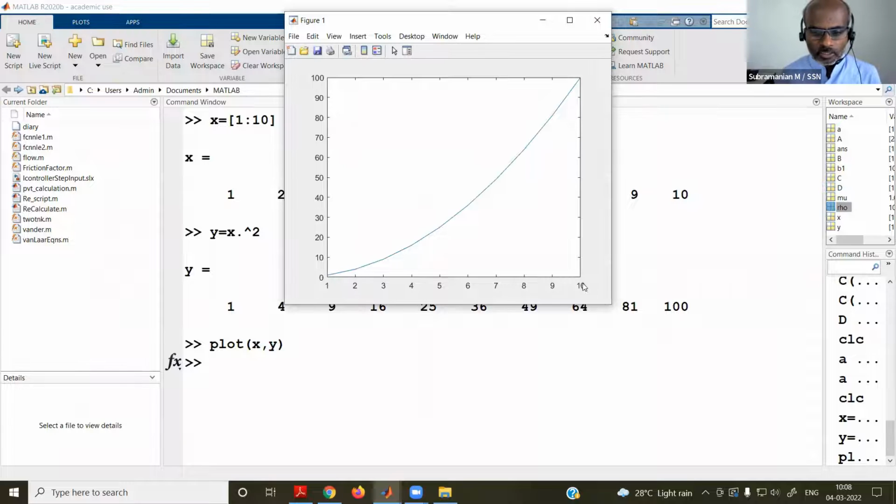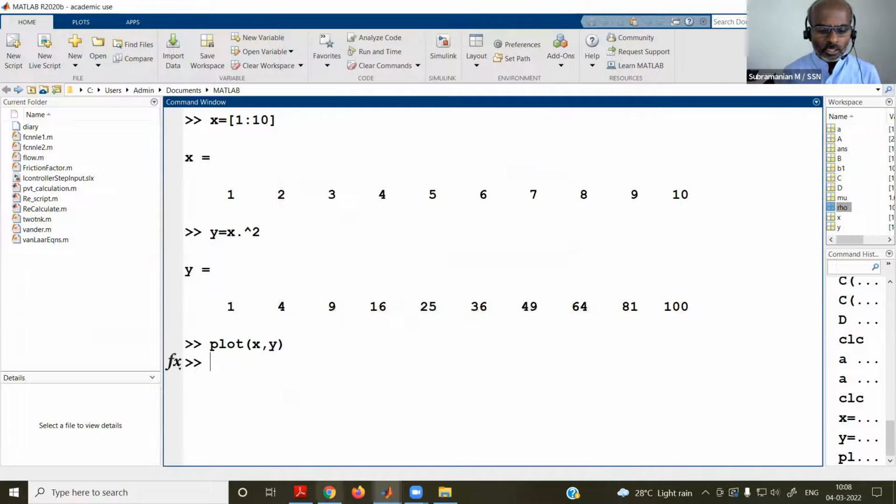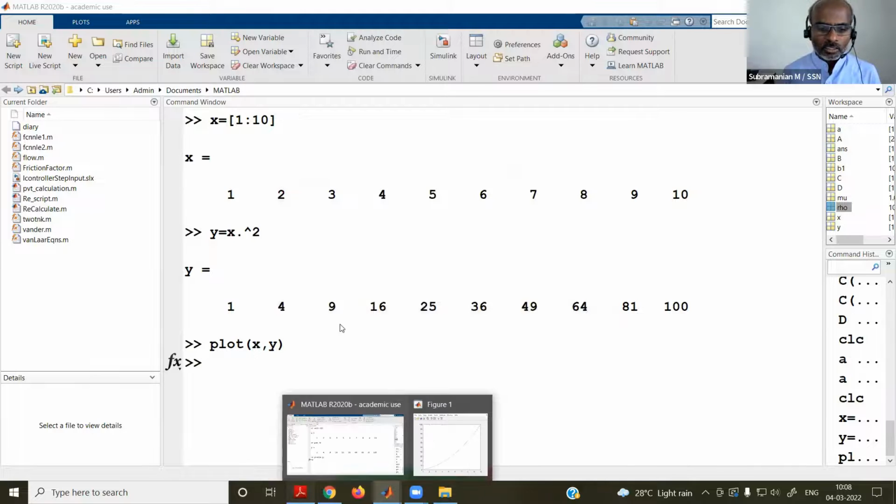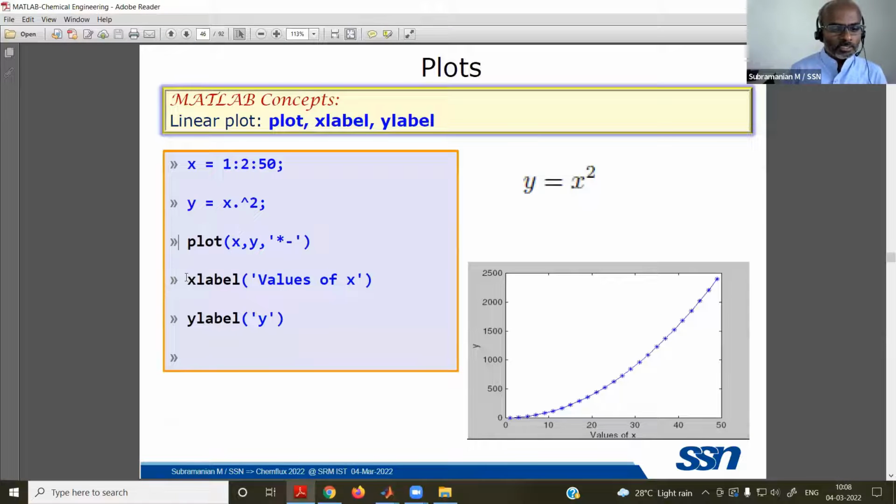Of course, if you want to add labels for the x-axis and y-axis, you can try that; it is available among the various other features, like xlabel and ylabel. Whatever text you want to appear, you can give, and how the points are to be marked can also be specified this way. The minimum is always plot with x and y, plot x comma y. That is enough. The other things are optional.